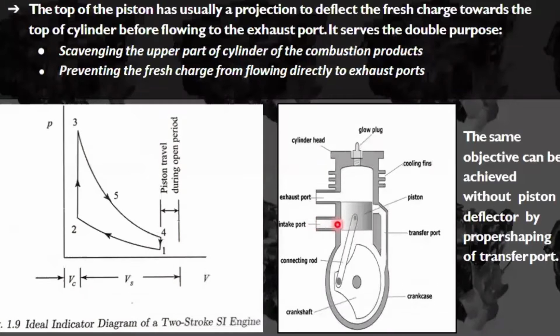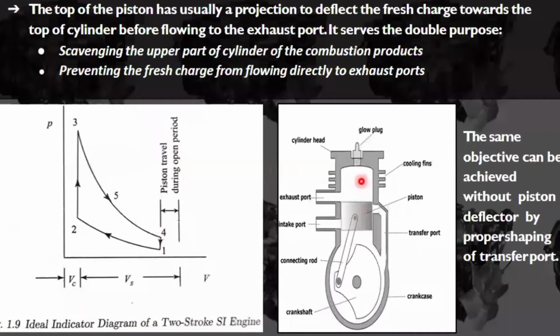So first of all, the gases will come into the intake port, and whenever there is an opening, they will accumulate within the crankcase. From the crankcase they will travel to the transfer port, and whenever there is an opening during the expansion stroke of the piston, that means whenever the transfer port opens, it allows the gases, sorry, the air-fuel mixture or air, into the combustion chamber.